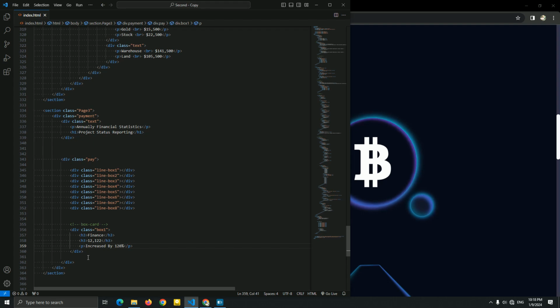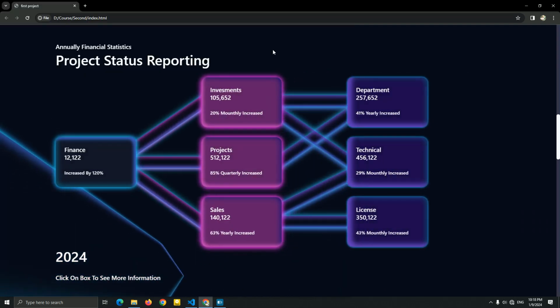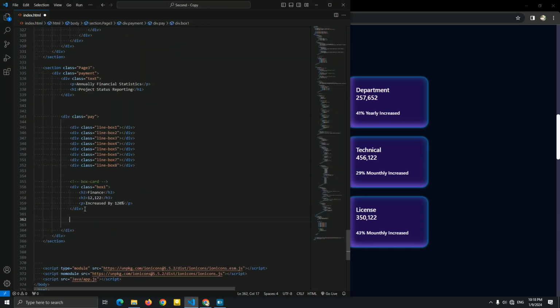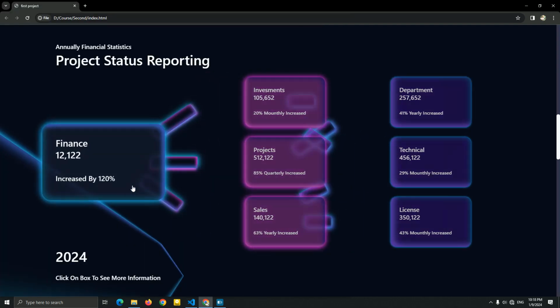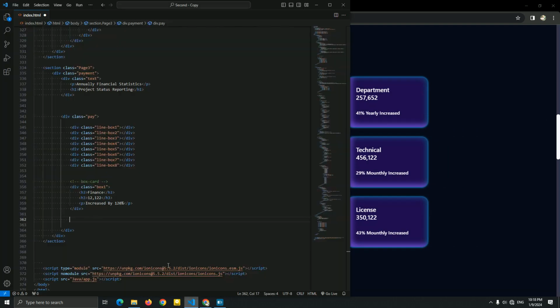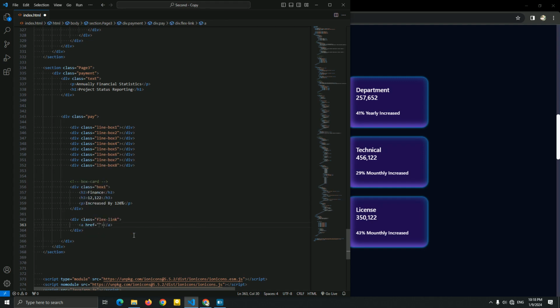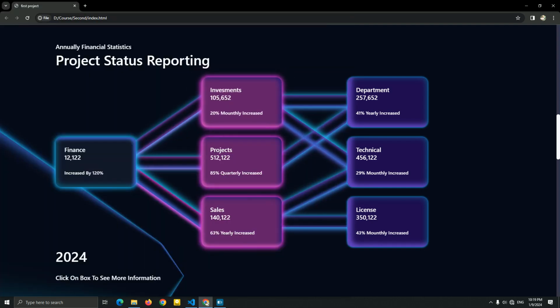Very simple. Let's go to create this second box, and I'm gonna create a div to have a flex direction column for this, adding display flex. Or you know what, let me just create this div for this buy and the back option. Yeah, let me just create it very fast. Flex link, and I'm gonna create a, we don't need this, buy, back option. Okay, now let's go to create this. So I'm gonna name it flex pay, for this to have a flex direction column for this 3 box.